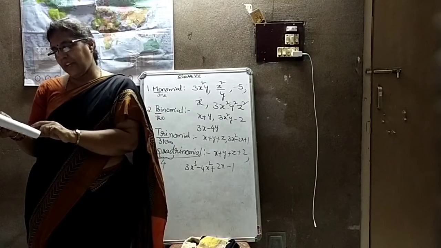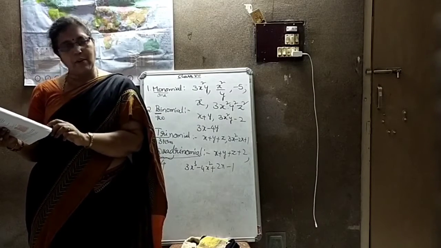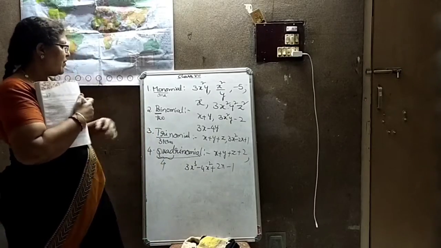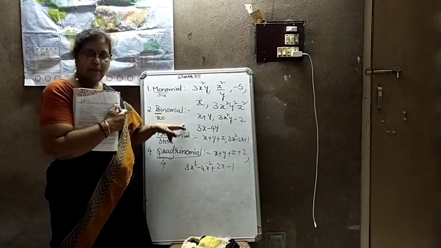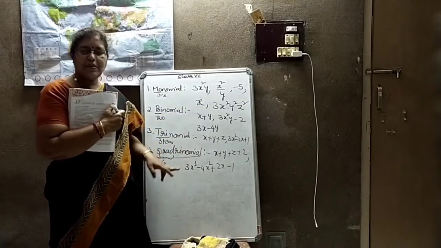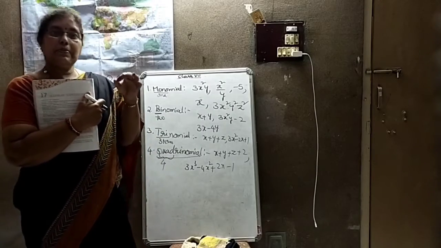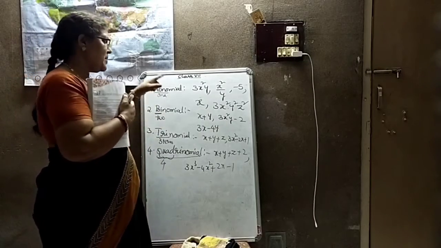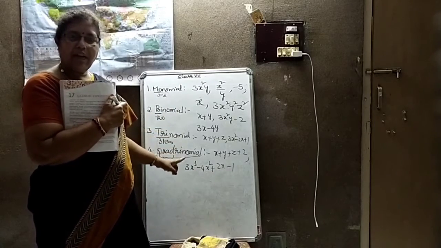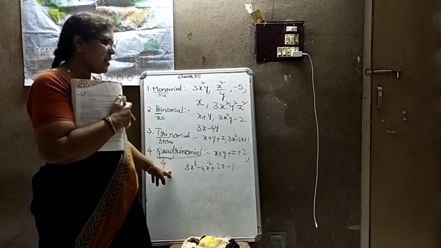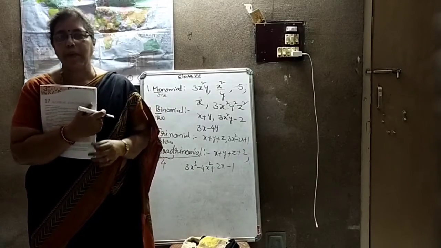In general, the name for an algebraic expression containing one or more terms is called a polynomial. Generally, if one term is there it is also called a polynomial, and likewise two terms, three terms, four terms, five terms, six terms, we will call polynomial only. But specially, if only one term is there, we can call it a monomial. Two terms, binomial; three terms, trinomial; and four terms, quadrinomial. But five onwards, we can call it a polynomial.